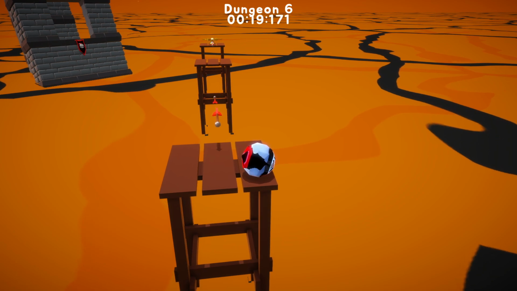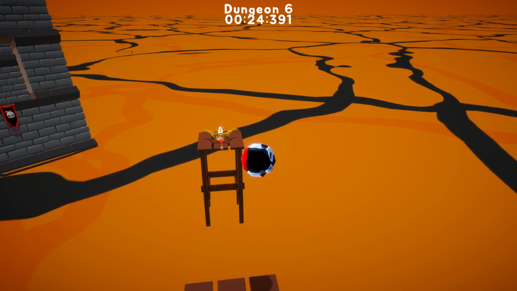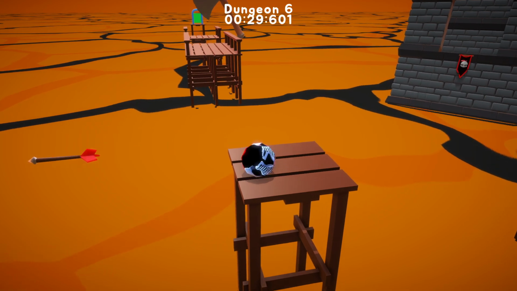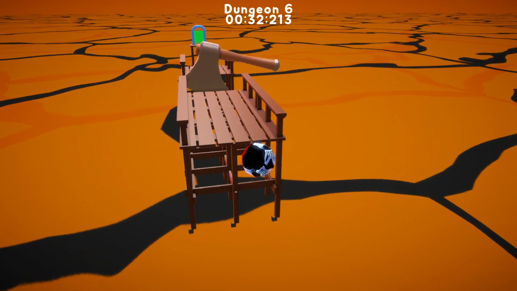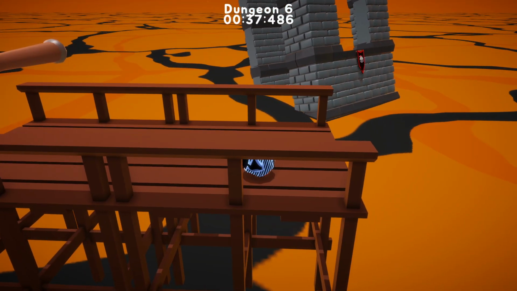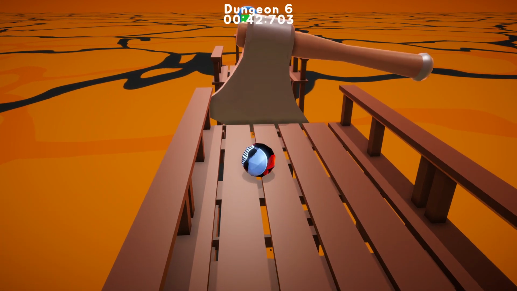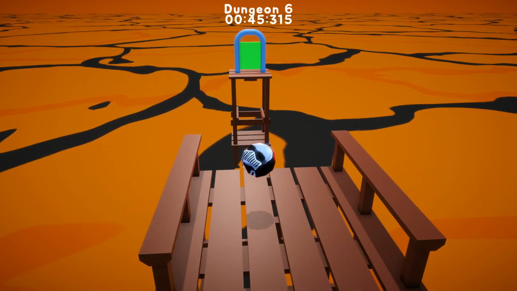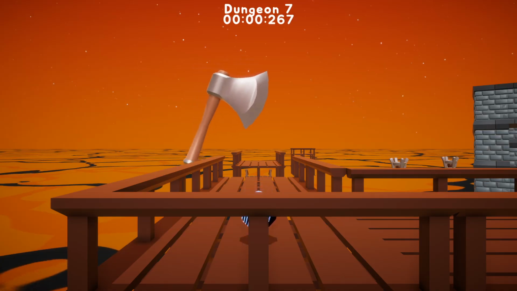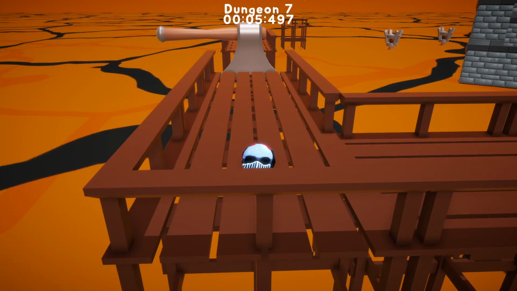Okay, so we want to go over to this one. Stay back. Okay, now we'll go through. Now look over here. We see the tower thing is slanted. Interesting. We'll just go over here and finish. Perfect. Okay, next level. There are only 10 dungeon levels with this particular expansion pack, but these are really good